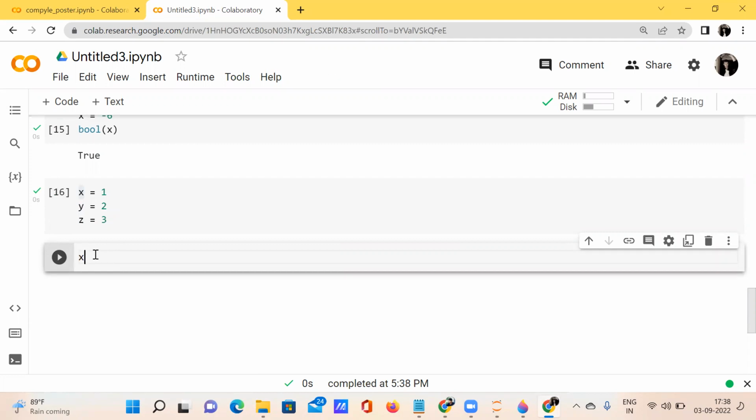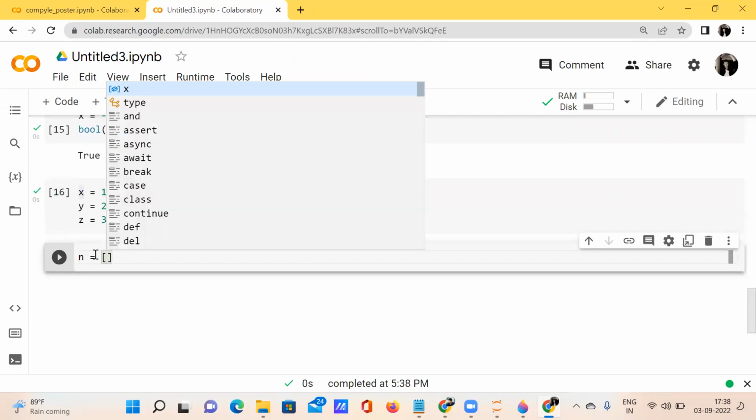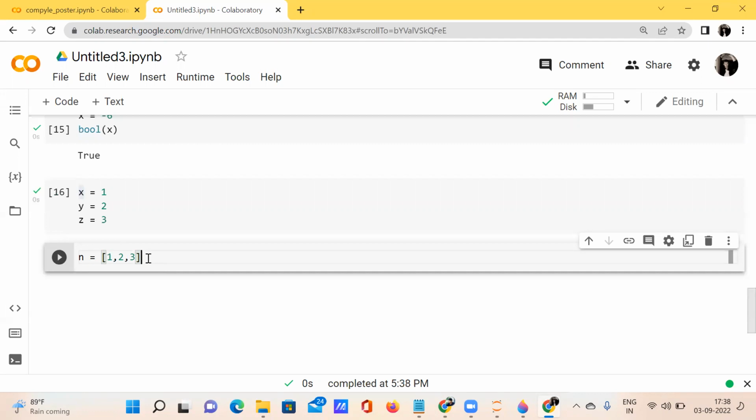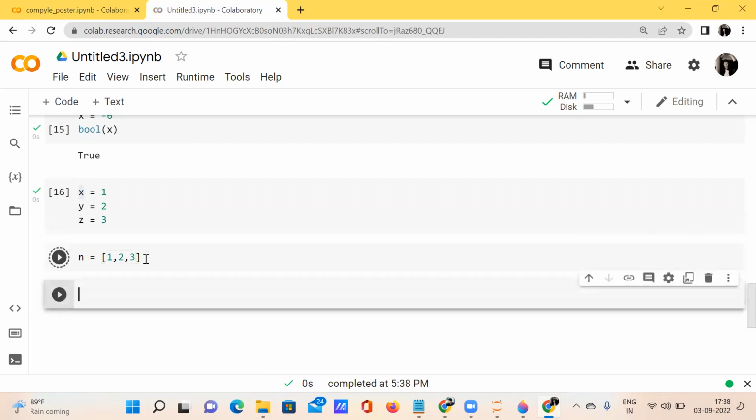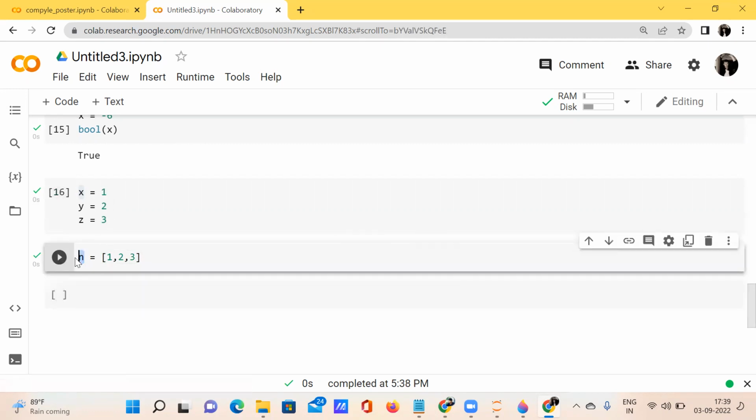Let's say I have a variable n is equal to 1 comma 2 comma 3. See here, I'm able to present all these three values inside a single variable. This is nothing but